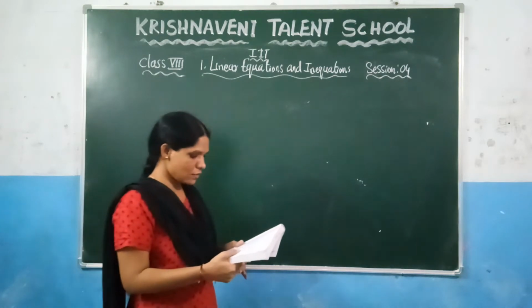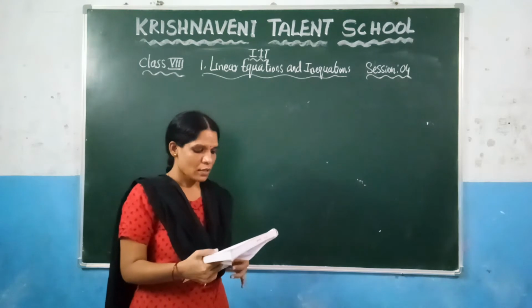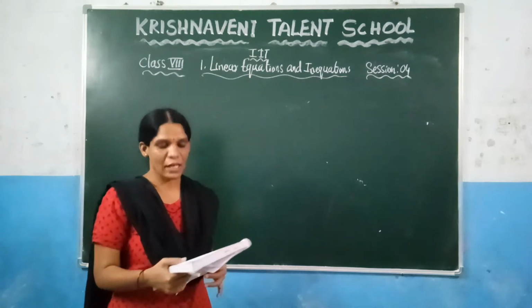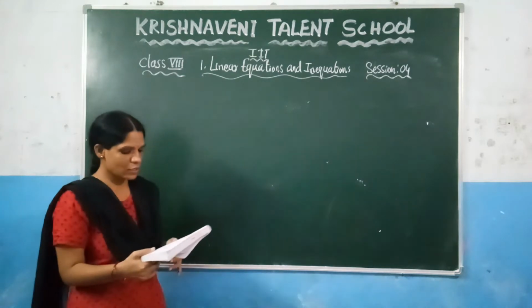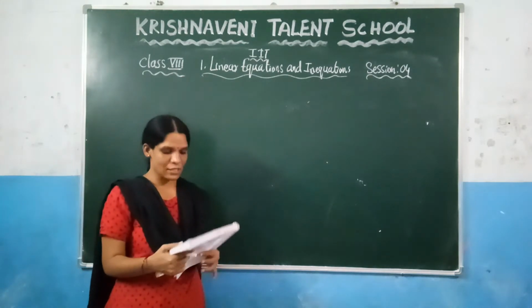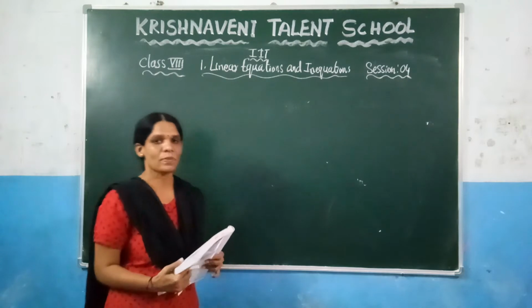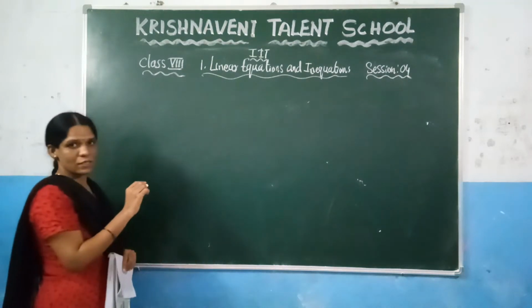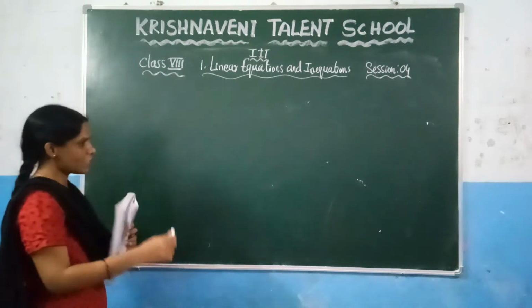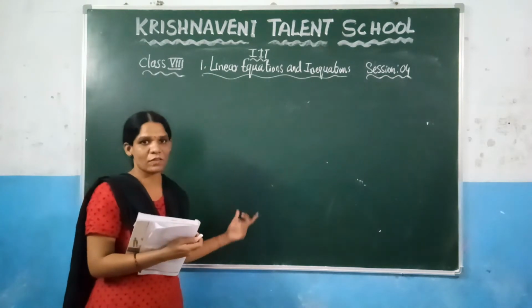And in the last session, we discussed the method which is elimination by cancellation. You can see page number 5 in your IIT textbook. So the first method we have already discussed, let us discuss it again: elimination by cancellation. The name itself says it here. You need to eliminate one variable.